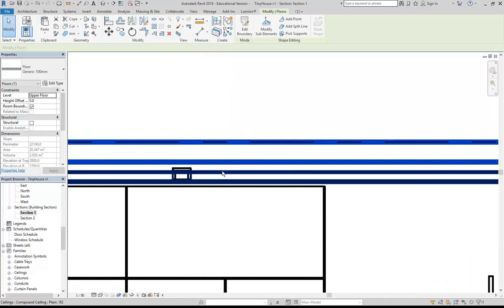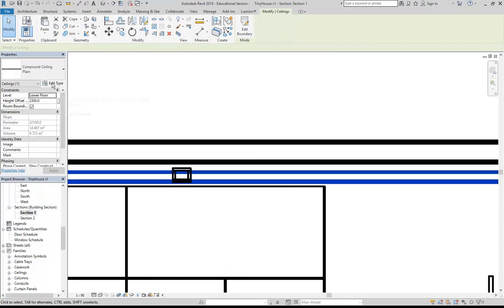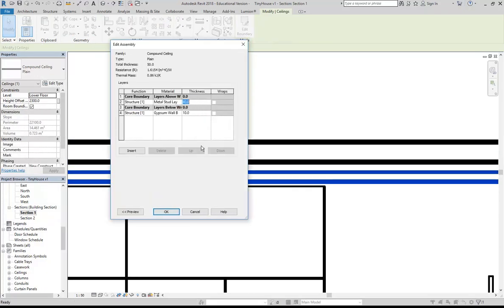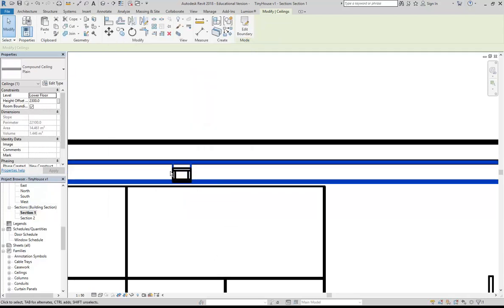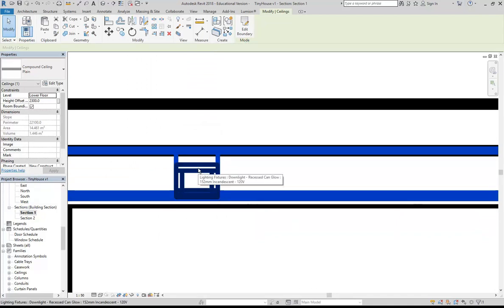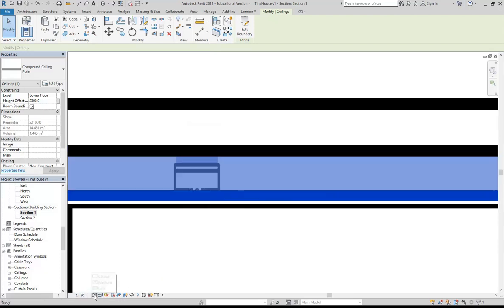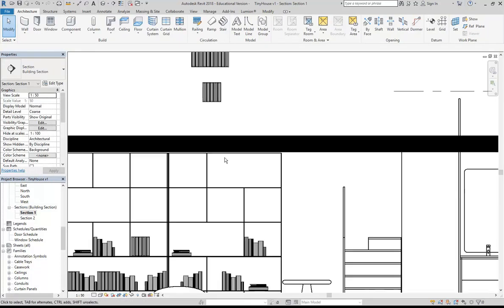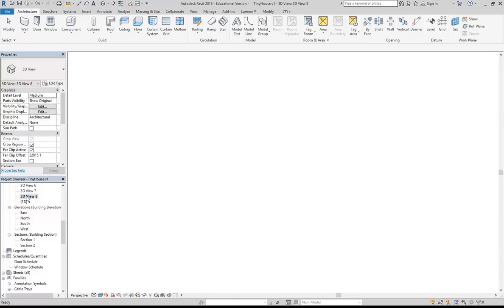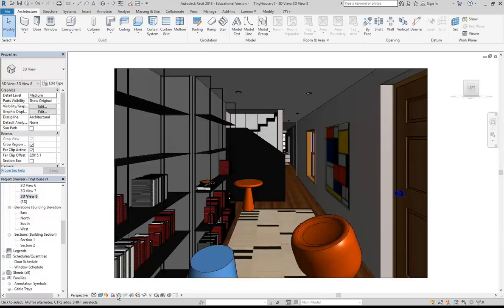So now there's a little gap between my ceiling and the floor. If you want to fill the gap in, you can always just go back to the ceiling and add 50 mil to that. So we can make that thickness there 90. And that fills the gap in again. But the important thing is that the light isn't getting blocked by the floor. Go back to hidden line and of course it's all hidden again. That's it. And then now if I go back to that camera view and render,